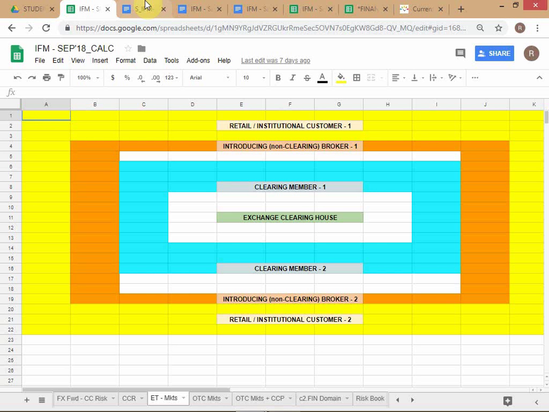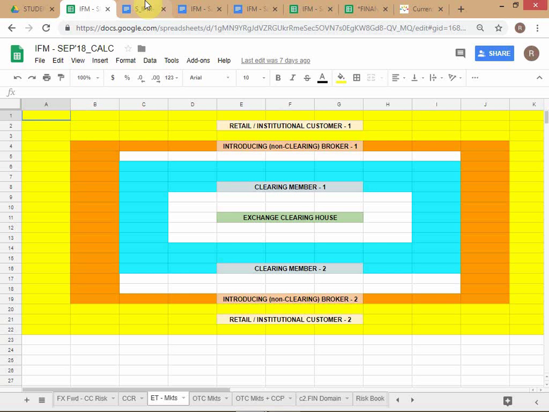So if you have clearing member 1, let's say, is Sher Khan, and clearing member 2 is, let's say, HDFC. I'm not going to say HDFC Securities, the big name. So HDFC and Sher Khan have done a transaction. But each one's transaction is with the ECH. If they have sold to each other, let's say, Sher Khan has sold, and HDFC has bought. But Sher Khan's transaction is that they are selling to the ECH, and HDFC's transaction is that they are buying from the ECH. That's the transaction. These are the two contracts, okay?